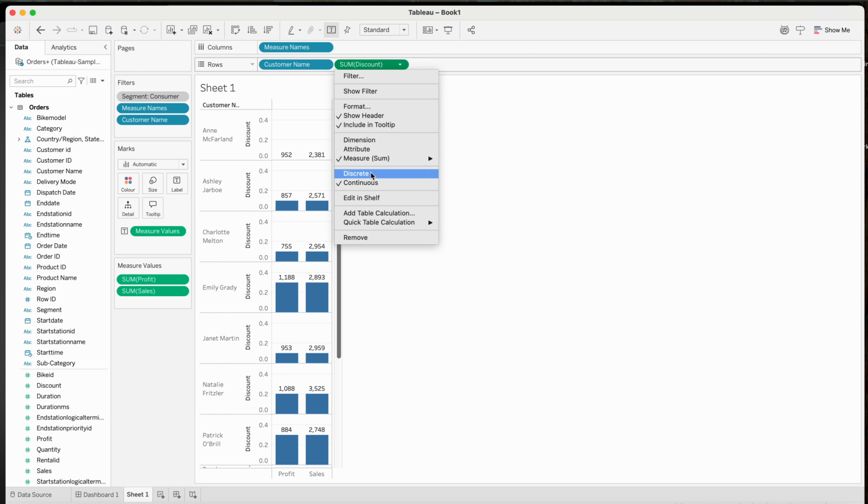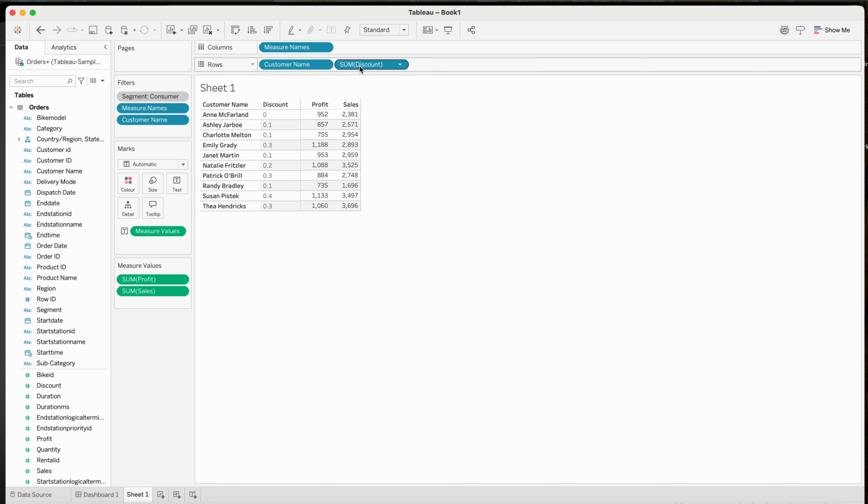Let's decide to make this discrete and see. This discrete makes it have a categorical feature. Okay, but it just categorizes, it doesn't really add much value. But this is a measure, right? So when you think about the context of measure is always attached to a category,